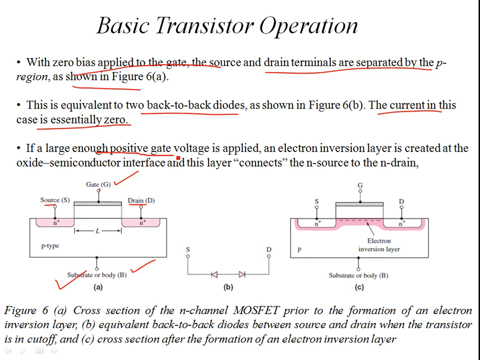If a large enough positive gate voltage is applied, why positive? Because you have p-type. Just remember this: if you have a p-type substrate, just apply a positive to negative. Okay, so for example, over here, once again, I'm going to have the positive terminal of the battery and the negative terminal of the battery. That's how I'm going to make the connection of the external VGS battery